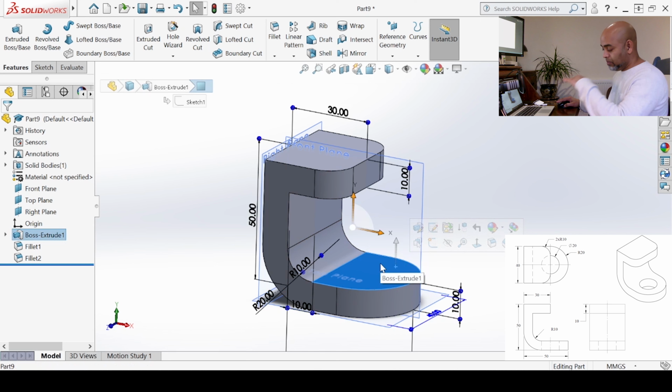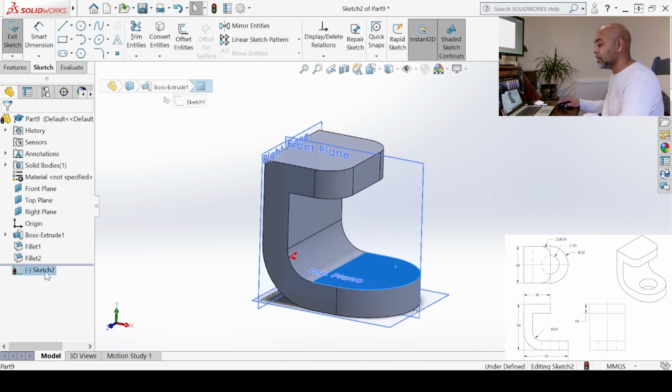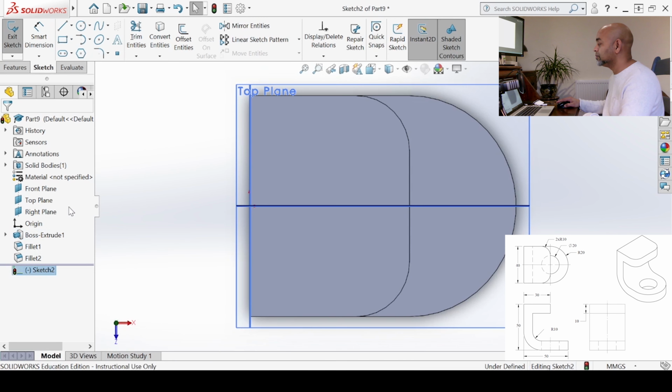You've got to bear in mind that blue section is my working altitude. Now I'm working there. Anything I draw, I'll be able to push it down or maybe pull it up. And ideally I want to push it down so I can drill down into it. So at that level, I'm going to go sketch, and I'm going to right click, normal to. Now this looks pretty similar to the top view we are looking at. Okay, and all I need is a circle